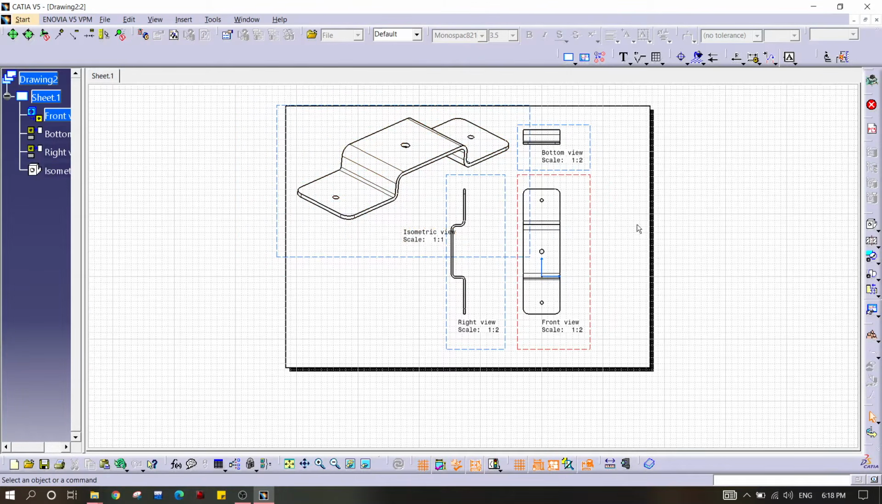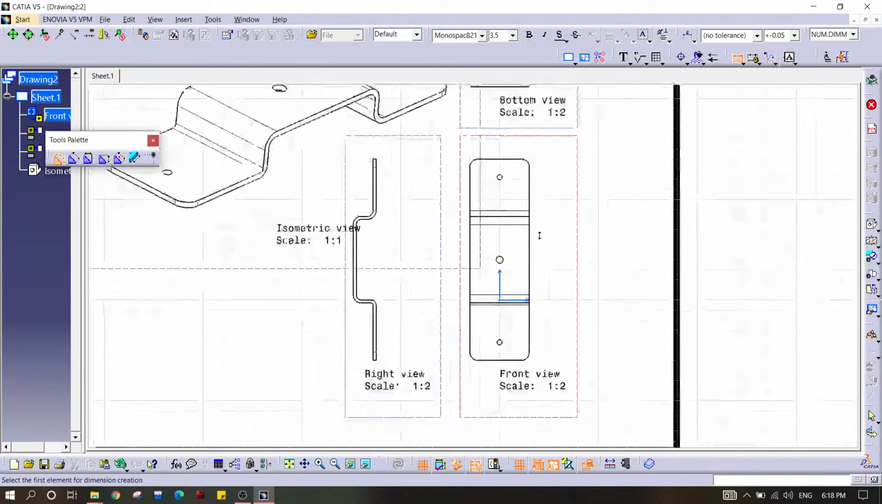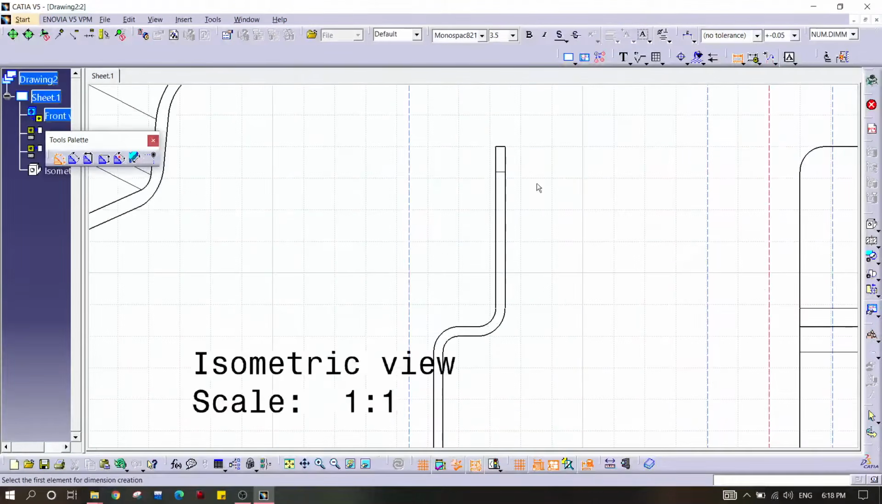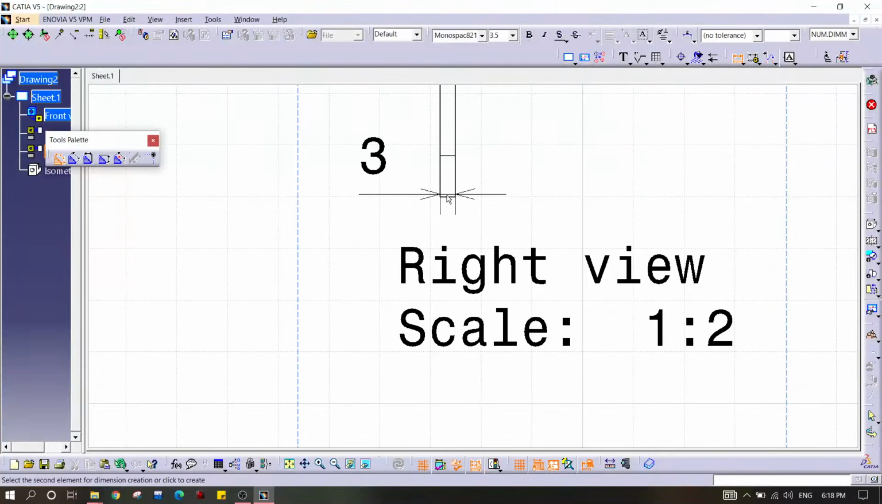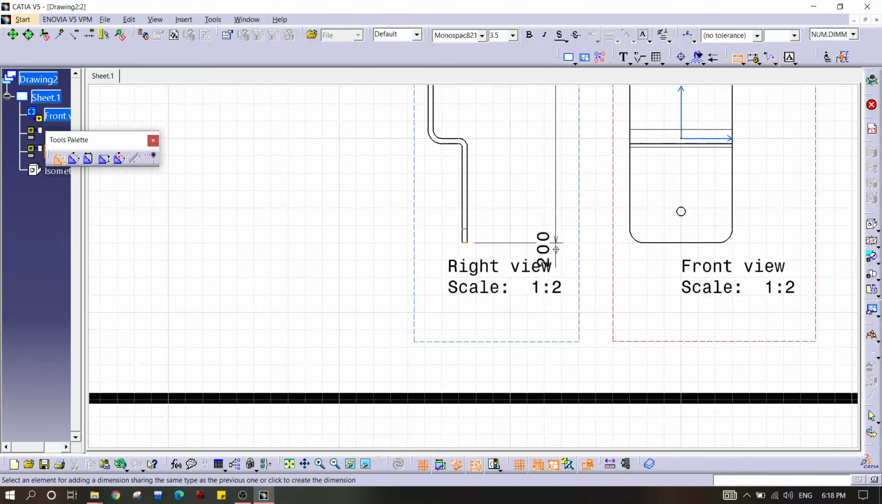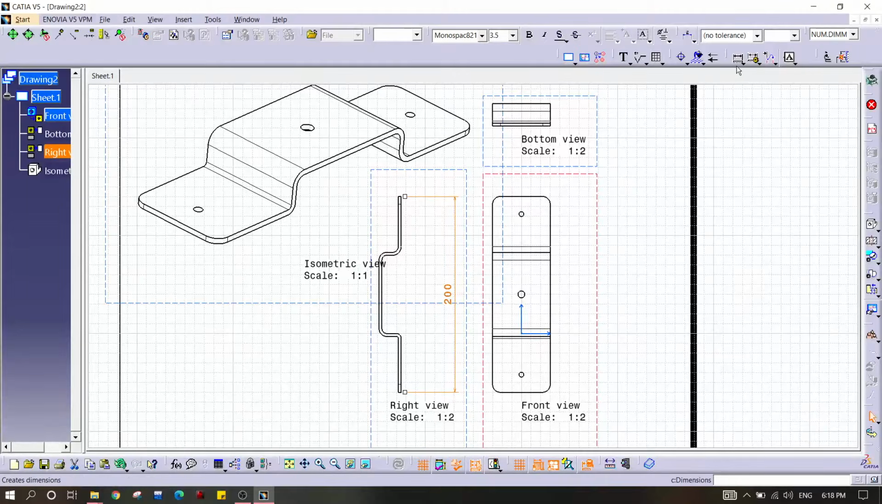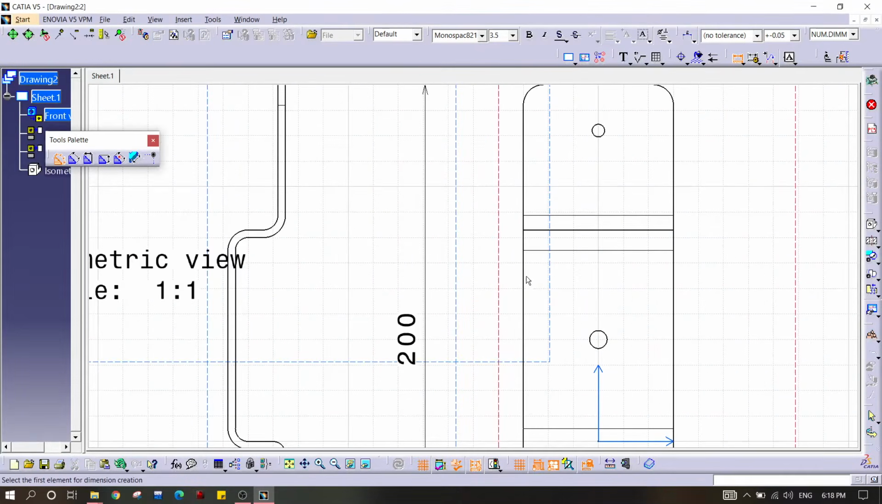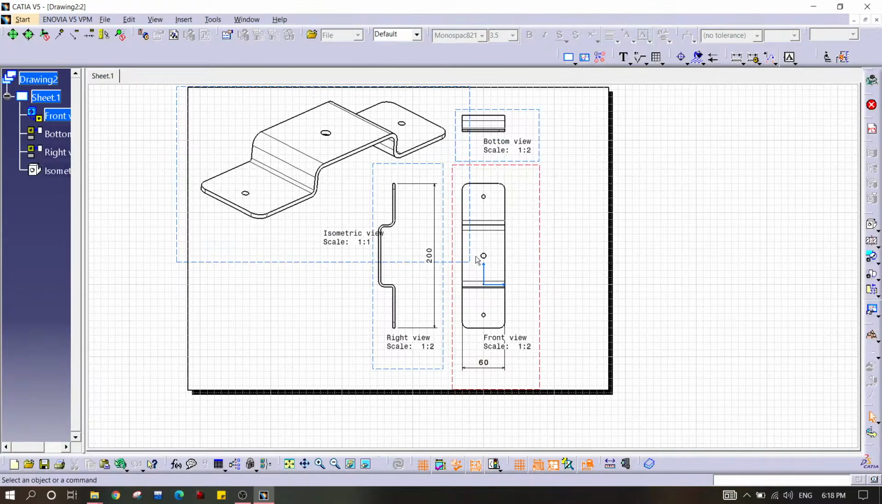Adjust a bit. Okay, now going for the dimensions of it. What's the length of it? Let's click here and go here. Dimension is 200 and the width is 60 mm. Note one thing, guys, all dimensions are in mm. Okay,